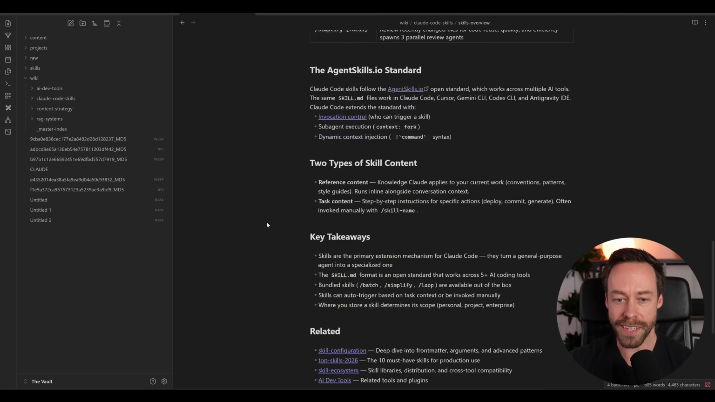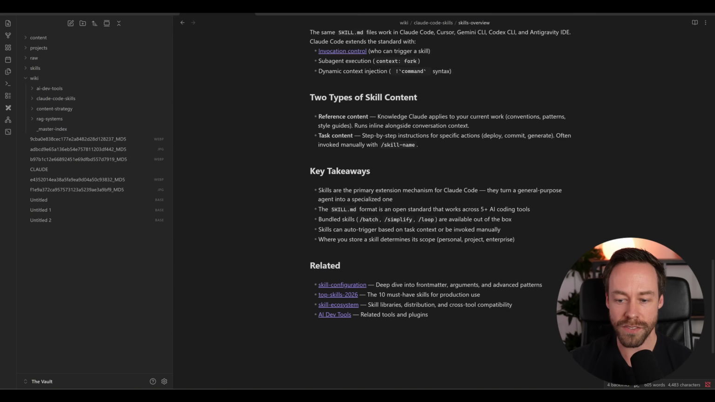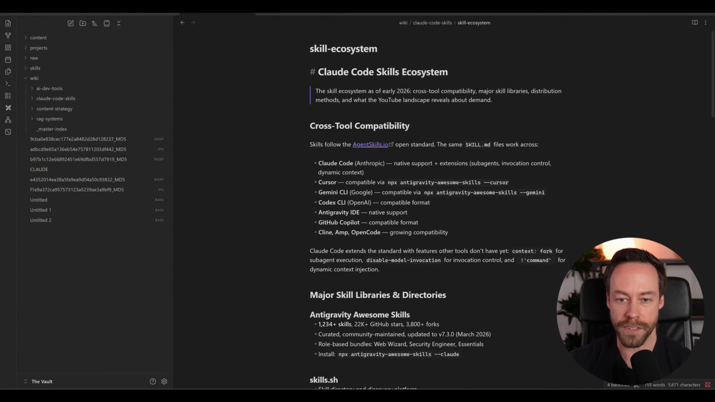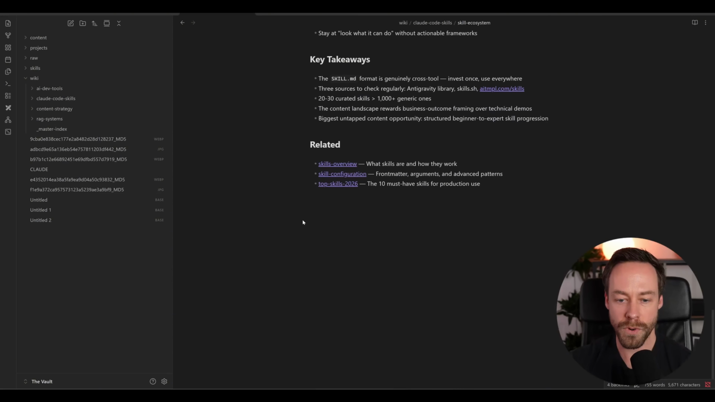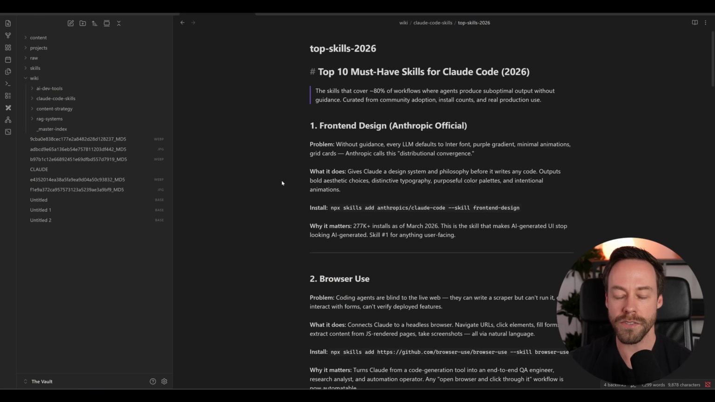You can see it links to websites, and it also links to different articles within our Obsidian Vault. So if I click on skill ecosystem, here's more stuff. If I click on top skills, and so on and so forth. There's a very clear pathway from one article to another and how these things relate, which means when you ask Claude Code questions about these articles and these subjects, it's easy and cheap for it to answer questions about them,